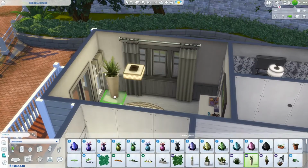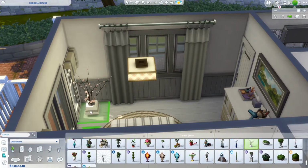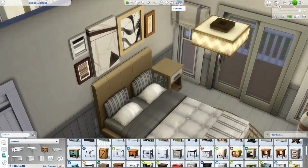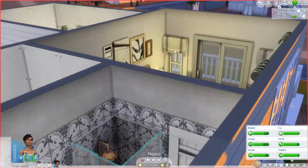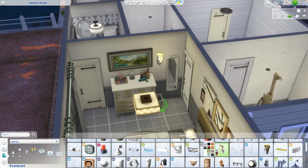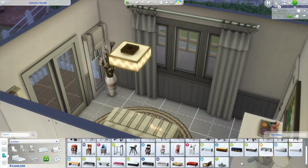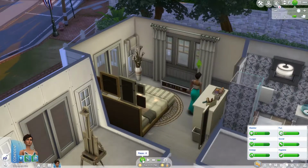Okay, so we're finishing up now with the master bedroom, and I was struggling here to do something with this corner. I really wanted to put a chair or a bench or something there, and I just couldn't make it work. I did manage to squeeze a nightstand in there, so that was good, because I always like to have a nightstand next to a bed. But in that corner, right, I ended up just putting those flowers, which is a little bit boring, but you'll see here in a second, I tried play testing a bunch of different